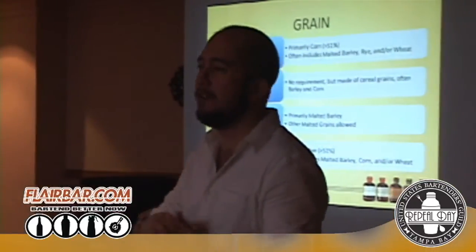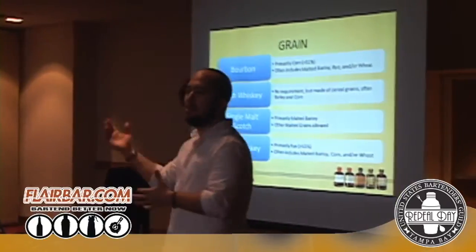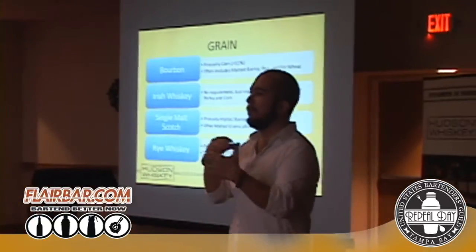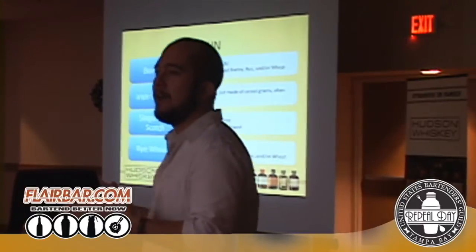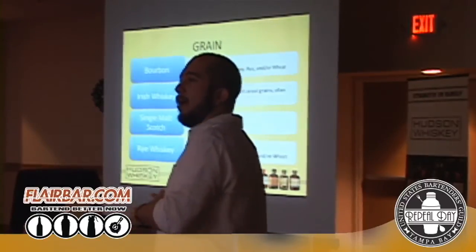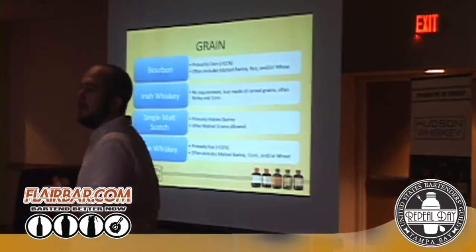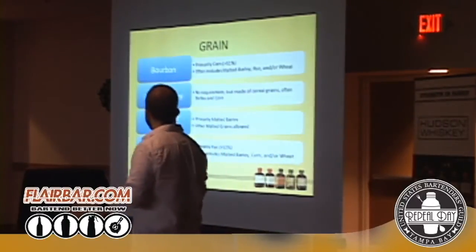Scotch tends to come off the still at a lower proof than American whiskeys do. We can't go off distilling higher than 80% alcohol content, and typically for us, we'll come off somewhere between 75 and 80%. Whereas in Scotland, you're seeing it coming off quite a bit lower. And often they will not cut it with water before it goes into the barrel. So it'll come off the still somewhere in the 60s, and then it'll go straight into the barrel.